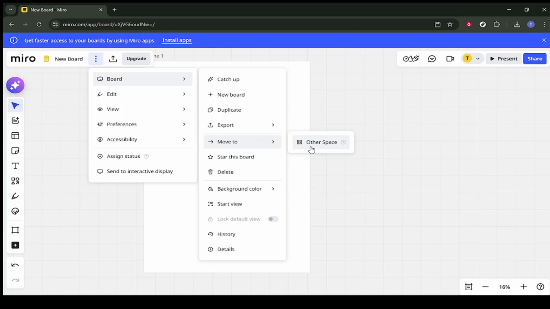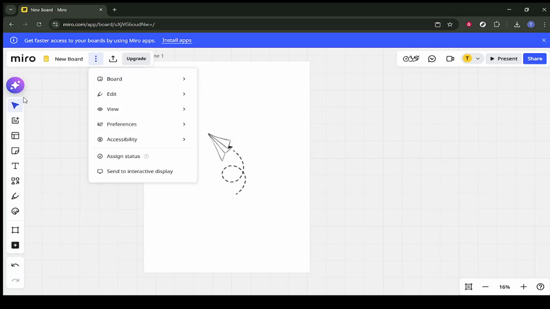Next, focus on the tools on the left side of your board. This left toolbar is where you access the core creation tools for building your board. Spend a few seconds scanning this area so you know where to go when you need to add and edit